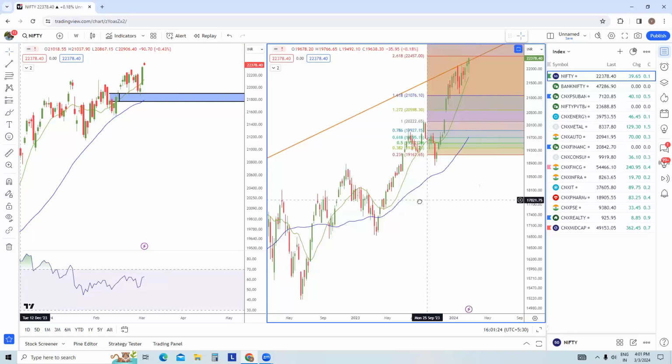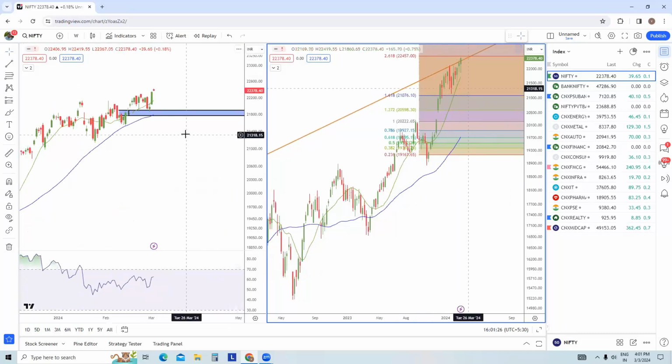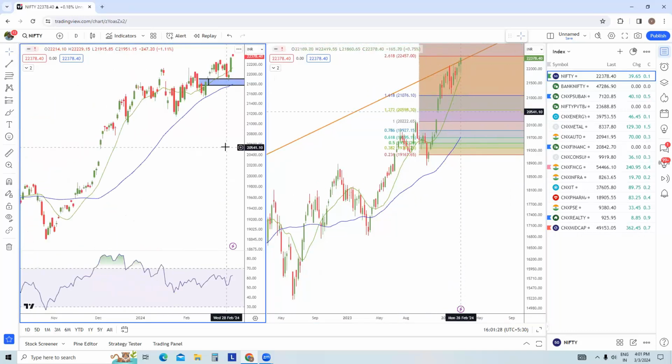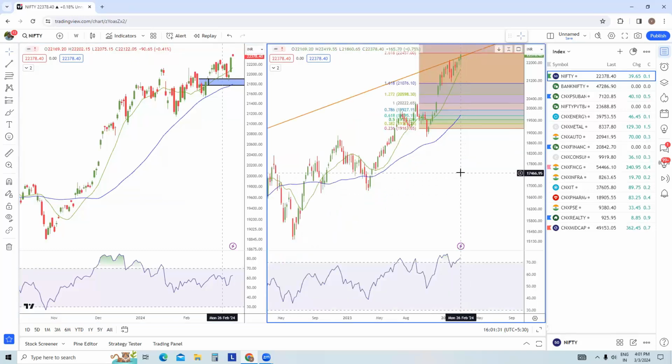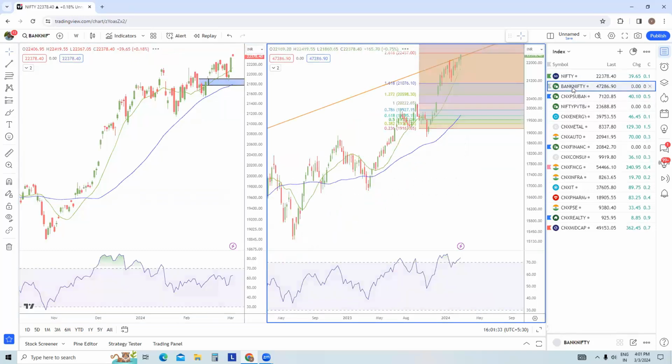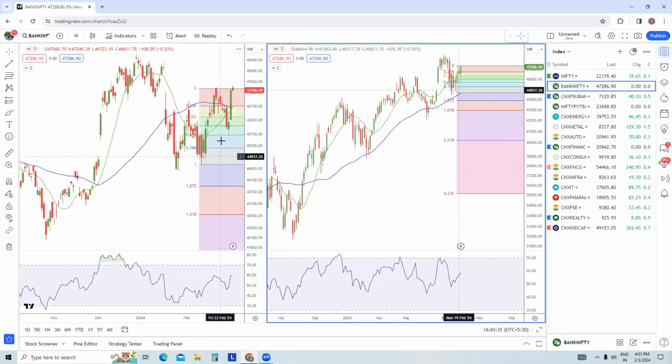Now, individual sectors and individual stocks are performing, but you have to be very, very careful exactly which particular sector and stocks you are tapping on. Now, if you have a look at the Bank Nifty chart, you can see that Bank Nifty has been able to bounce from this particular support, which is 45.63. Not a very strong support, but nevertheless, the price is going up. It's good for everyone, but we are still below this particular gap. So we are still at a resistance, and how Bank Nifty is going to react still needs to be seen,